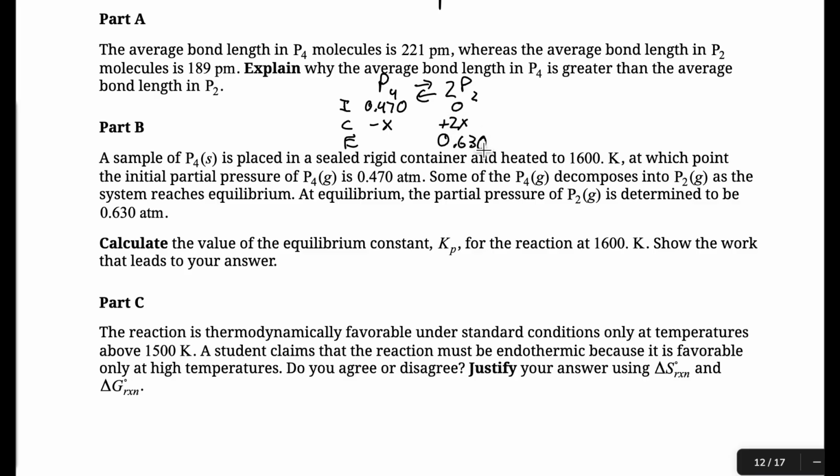That means that 2x equals 0.630. That means that x equals 0.315. That means that this minus x is going to be 0.155. So now we have our two values at equilibrium, and all we're going to do to solve for Kp is